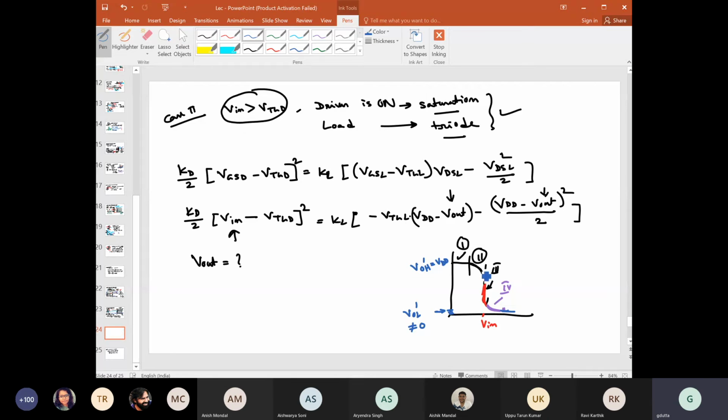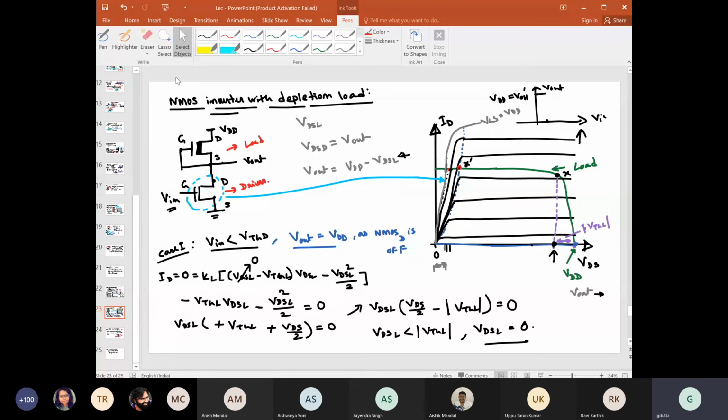And also we have seen the transition region, when both transistors are in saturation. This is very sharp, right? And that is what we want, because you remember the ideal VTC. The ideal VTC is something like this: it is on and then suddenly off, right? We are close to that, but there is still some issue because VOL dash is not equal to 0. Along with that, there are some other issues.